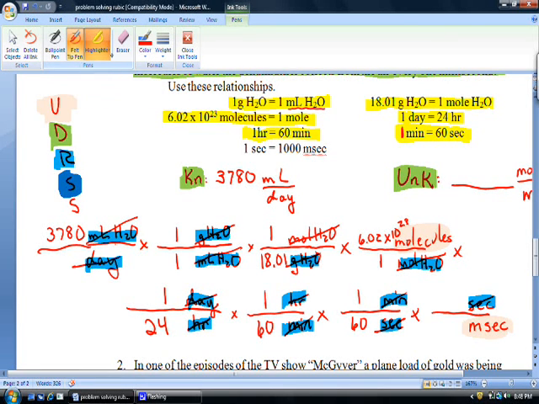And then the next relationship we'll be looking for, the last one, is seconds and milliseconds. And that'll be this relationship right here, that 1 second is 1,000 milliseconds. So 1 goes with seconds, 1,000 goes with milliseconds. Now, we have just substituted in all of our numbers. So we've done the substitution point. Now we can solve the problem. So we take our calculator,